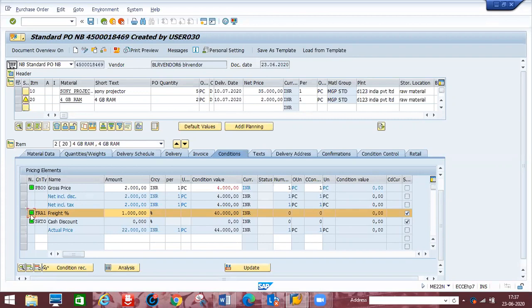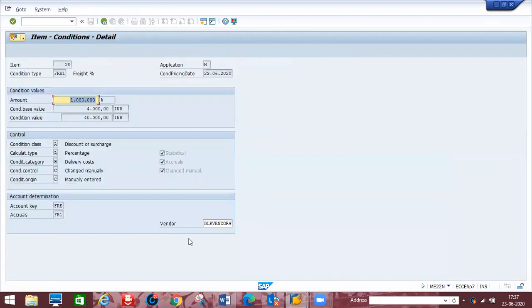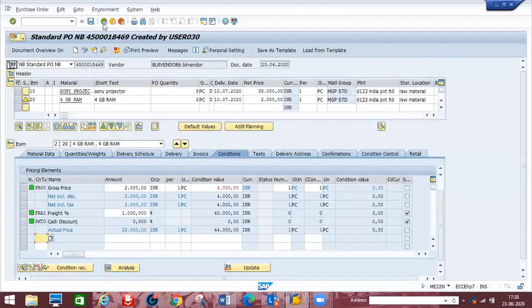Yes, sir. See, select line item here, go to item details or condition details down. So this is the shipping transport vendor. You can enter a different vendor also here, who are supplying material, transportation vendor. Then two invoices will come from the vendor side. One is the material invoice, second is a transportation invoice, but different vendors, but the reference number is the same, the PO number. Two invoices will